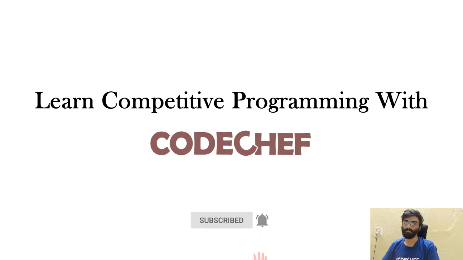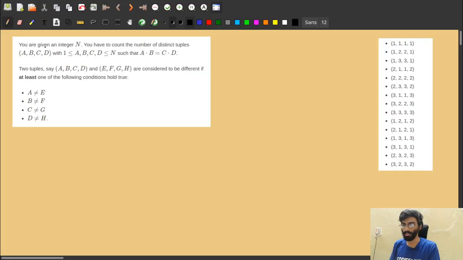Let's get started. So this is the problem definition. You are given an integer n. You have to count the number of distinct tuples (a, b, c, d), with a, b, c, d lying between 1 to n, such that a multiplied by b equals c multiplied by d. Two tuples (a, b, c, d) and (e, f, g, h) are considered different if at least one of the following conditions holds true: if any element in (a, b, c, d) is different from (e, f, g, h), then they are different tuples. For example, if n equals 3,